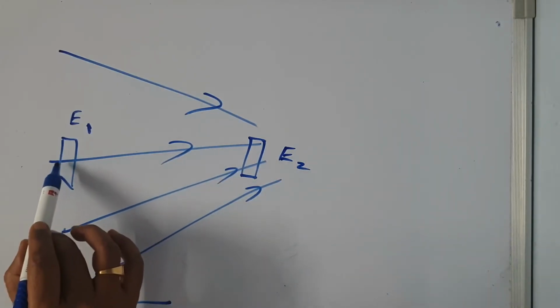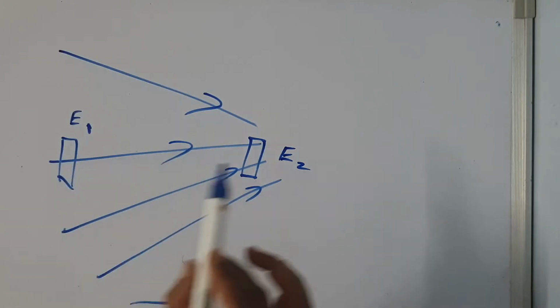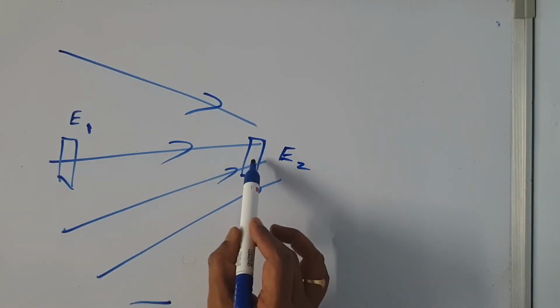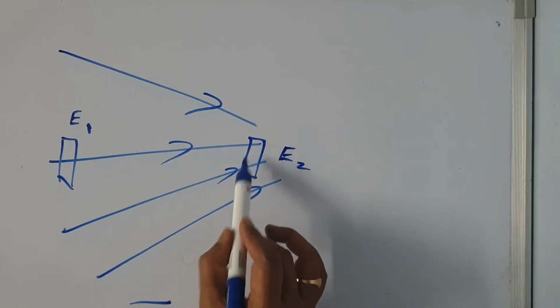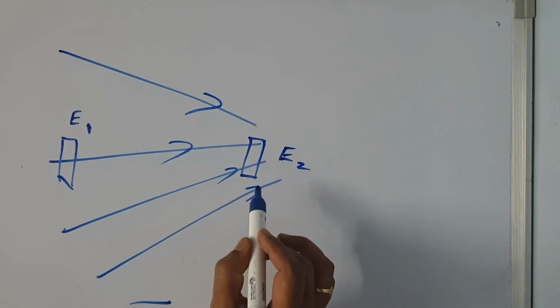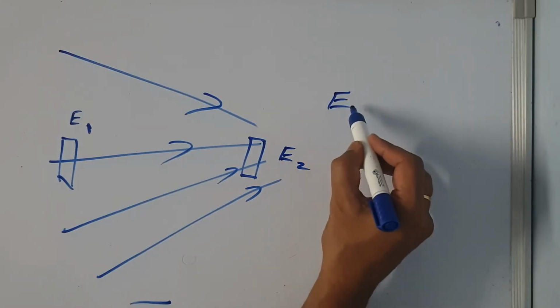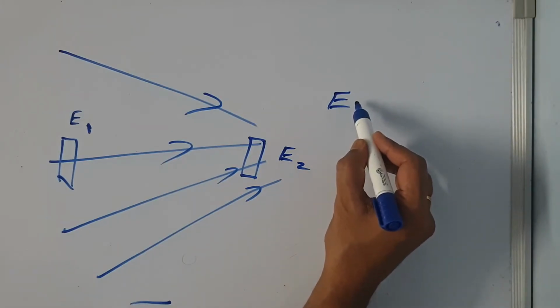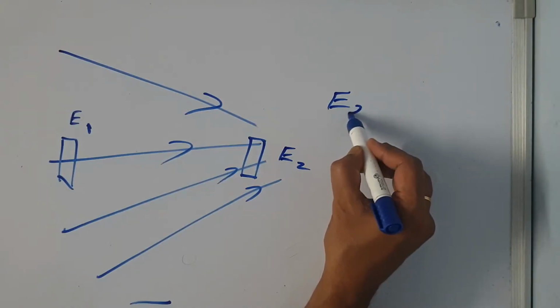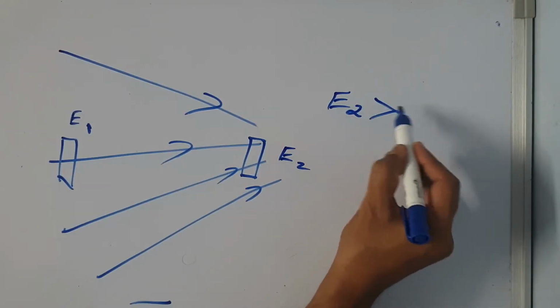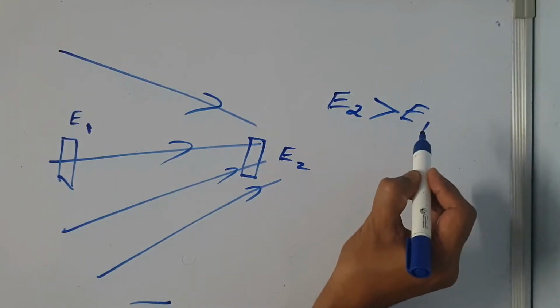In this region, you see only one field line is passing. Here, two field lines are passing. The more field lines passing perpendicular through unit area, the more the electric field intensity there. So, the number of electric field lines passing perpendicular through unit area gives a measure of electric field intensity. So, here E2 is greater than E1.